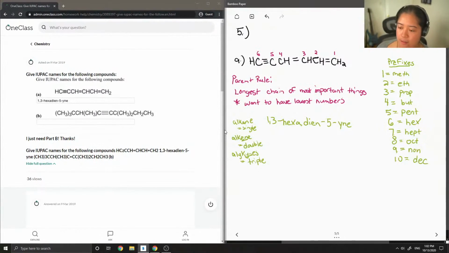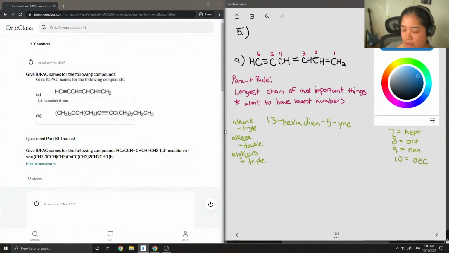di-ene-5-yne. So if we were to number it the other way and made this carbon 1, 2, 3, 4, 5, 6, then it would be 5,6-hexadi-ene-1-yne. So again, you want to have the lowest amount of numbers, so that's why I numbered this carbon as 1. So now we can go to part B